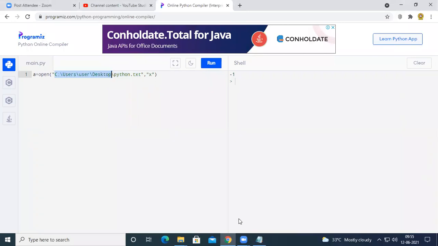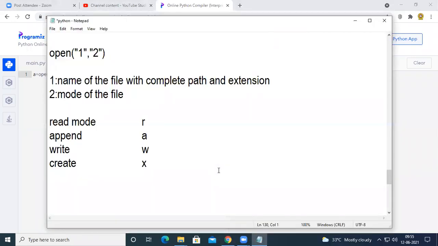So till now we have studied 4 modes. If we want to create a file, we go for the mode X. If we want to read the data from the file, we go for the mode R. If we want to write the data into the file, we go for the mode W. And if we want to append the data, we go for A. This is how we use the modes.